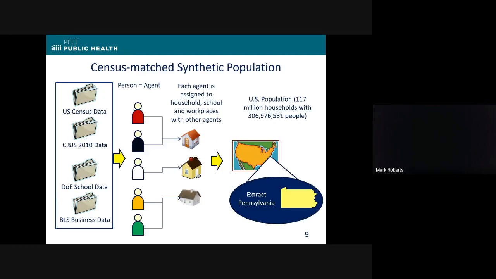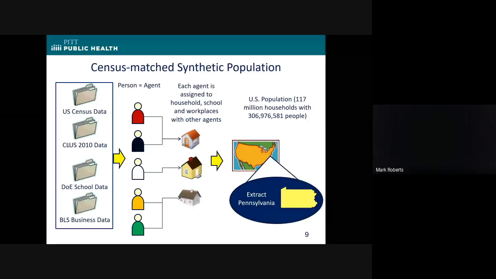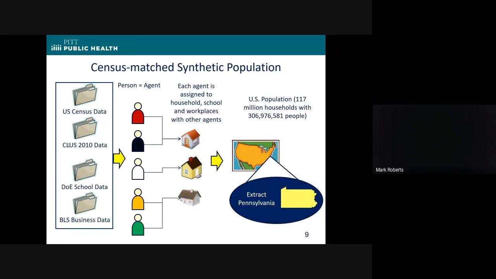This is a graphic of what we think is the core foundation of FRED. It's a census-matched synthetic population, which takes data from the U.S. Census and constructs a synthetic population within each census block. And a census block is slightly smaller than a census tract. And at the census block level, the synthetic people in our population have exactly the same statistical properties as the real people in that census block, but you can't find you in your census tract. So any table that you make of the synthetic people, age by income, income by household size by race, those are all equivalent to the real census block, but the people themselves are artificial.